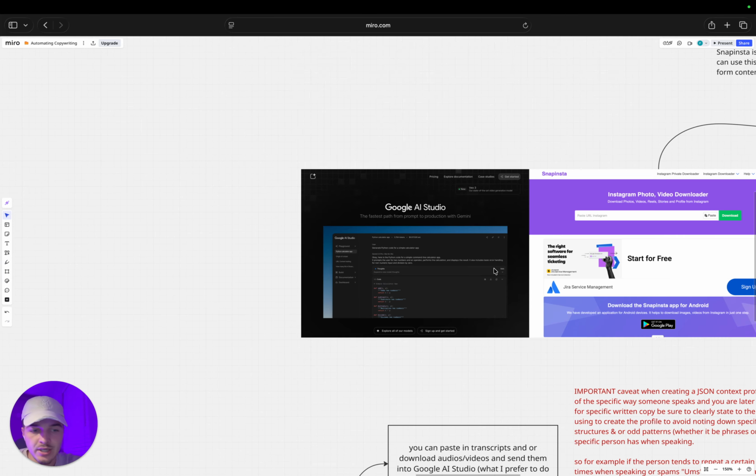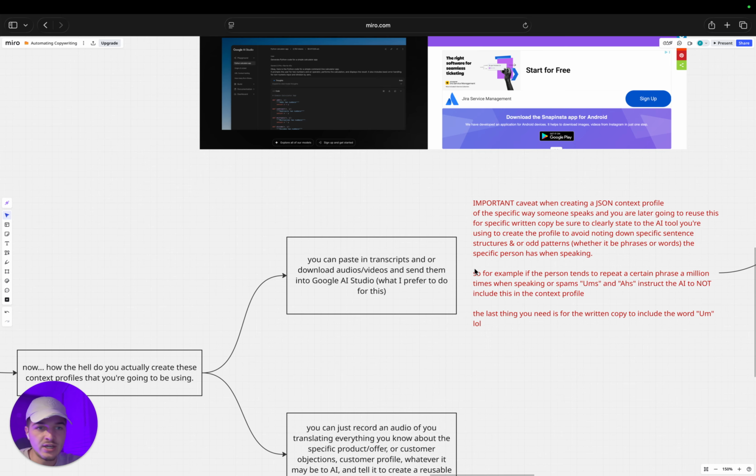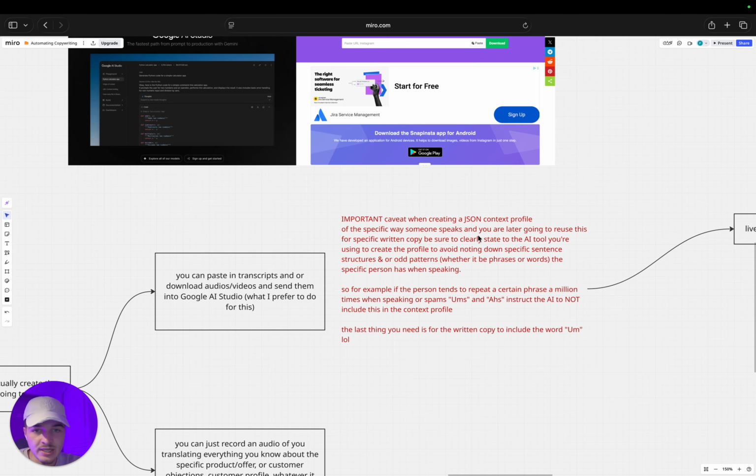So you could use this. But an important caveat when creating a JSON context profile of the specific way someone speaks, and you are later going to reuse it for specific written copy. For example, if you went to this video here and copied and pasted the transcript of the way I'm speaking, and then put it into ChatGPT